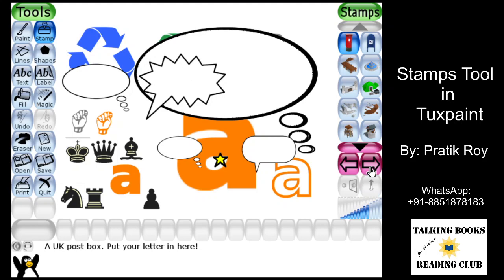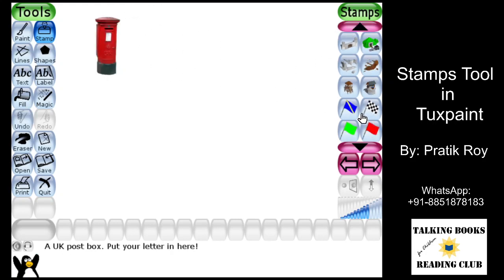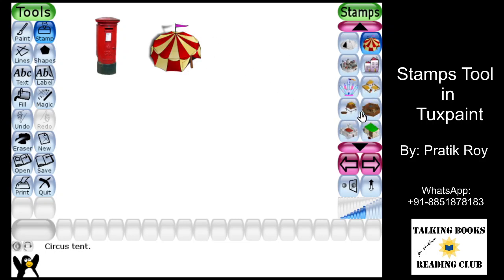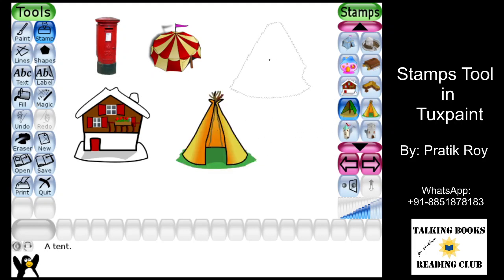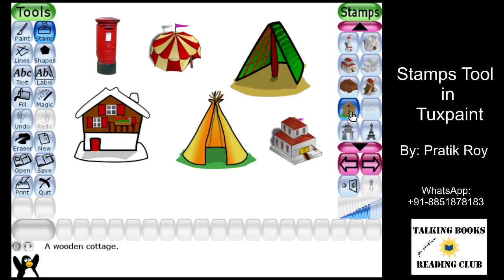The next category which we see here is basically for your town. Let me just get a new canvas again. Now you can see some letterbox, some kind of items, which you can use for your artwork. This is the tent, for circus tent or something. So there are plenty of items. If you make them by hand, it will be very, very difficult. I'm sure you would have tried making some of the houses, some of the tents. If you look at here, these are already there, and you can use them as is, and your artwork will be there just the way you want it.